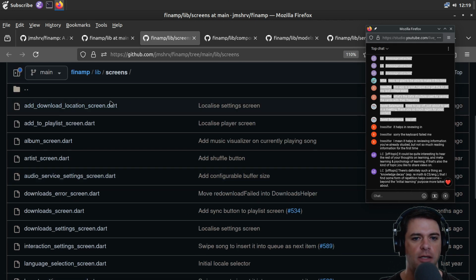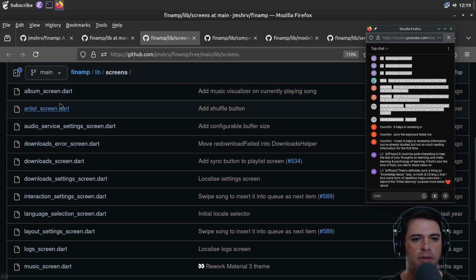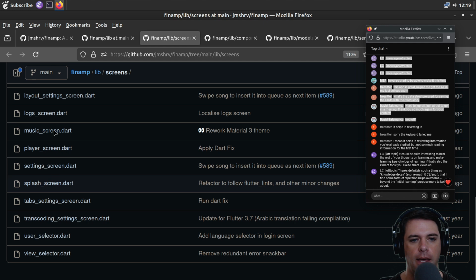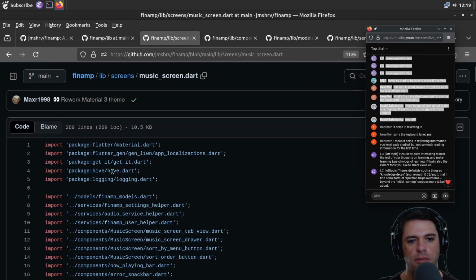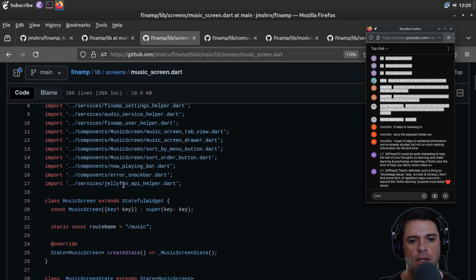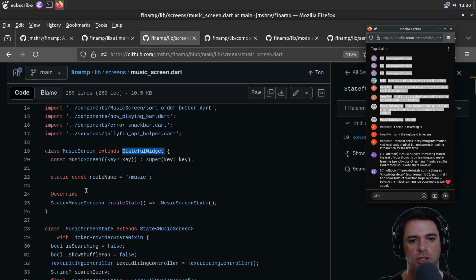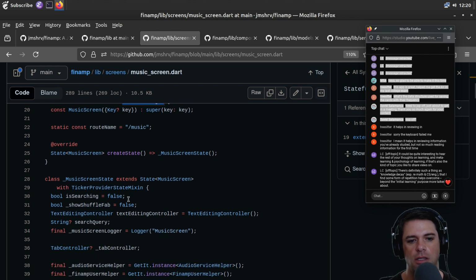So we have add download location screen.dart. Add to playlist screen, album screen, logs screen, music screen. How about we just pick one at random, music screen. Extends stateful widget. Okay, so it's a stateful widget, and it's got some state. And the state is